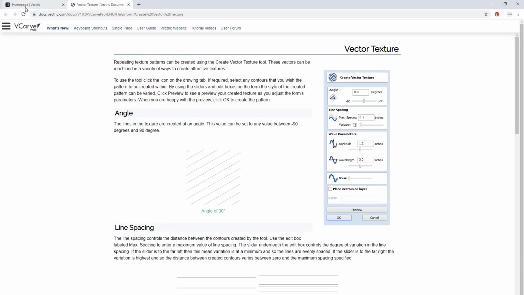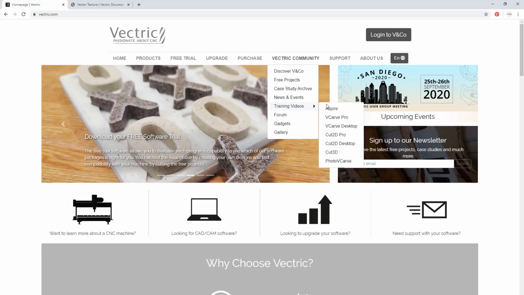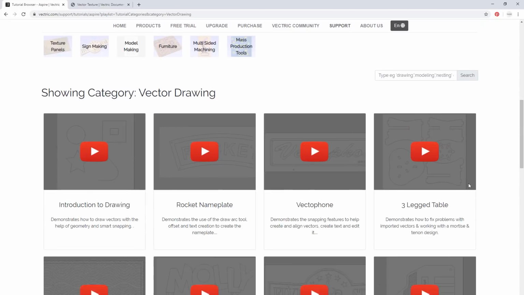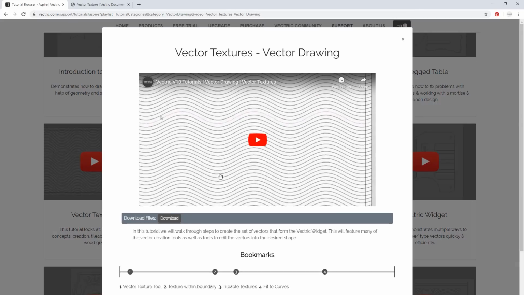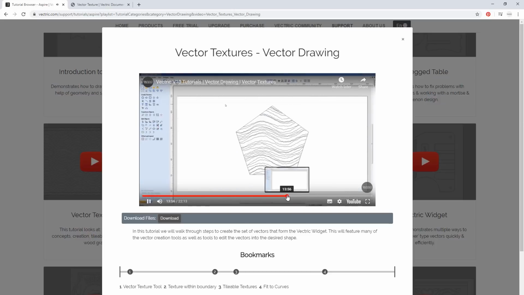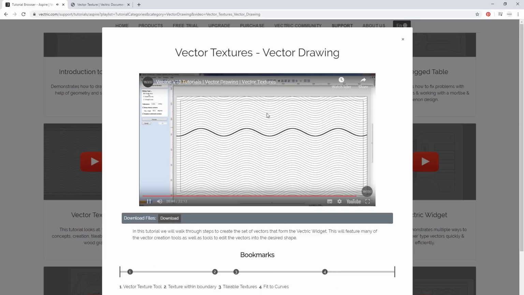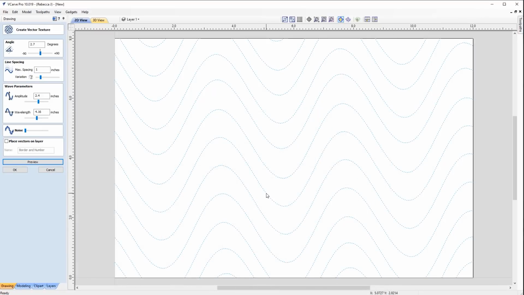If you want to watch some videos, there is an excellent video. If you go to the Vectric website, go to Community, Training Videos, into Aspire, and go to the vector drawing section, there is a video here called Vector Textures, and that basically walks through all you need to know about the vector texture tool, the different sorts of things that you can create using that. Okay, so we'll just close that out,